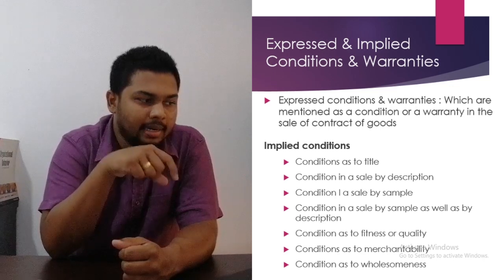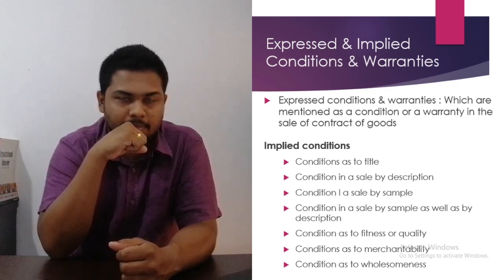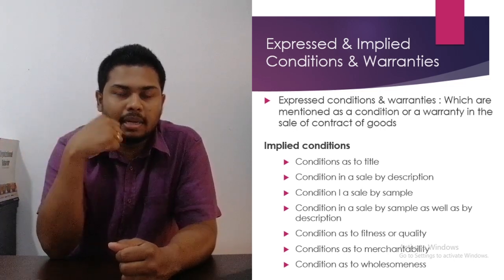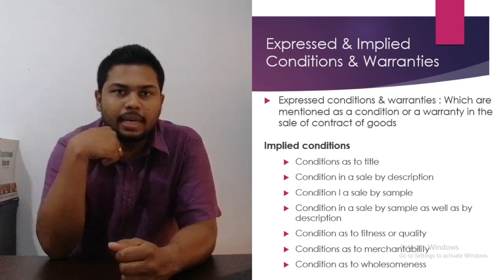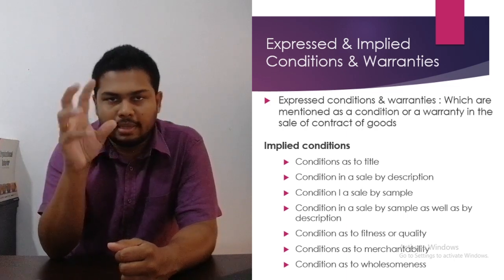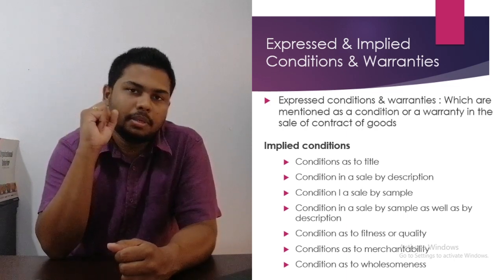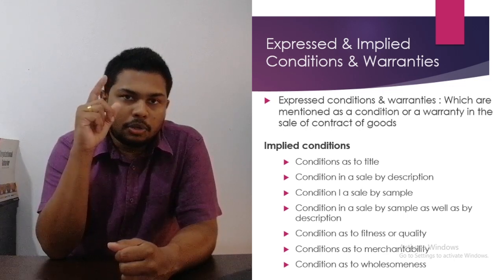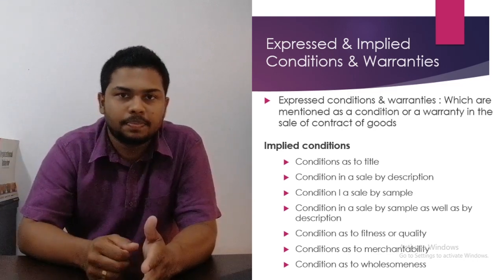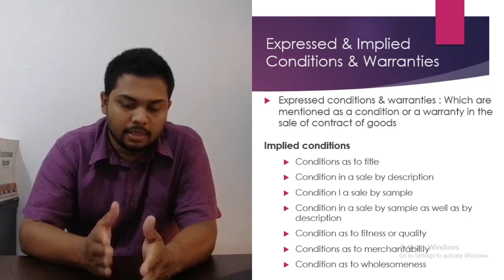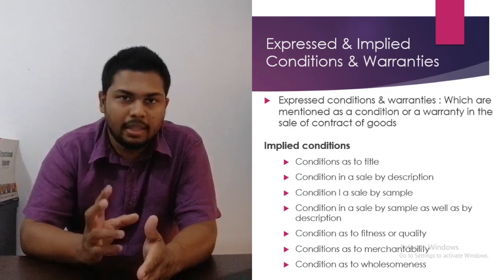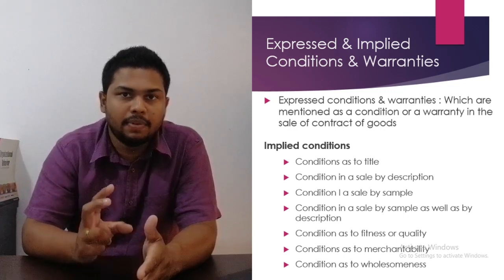Then the next one is condition in a sale by sample. Let's suppose a company or a consumer wants to look at a sample. In a circumstance, you may provide it as the seller. Once you provide the commodity as a sample, a single individual unit, let's suppose the person who wants to buy has placed the order. Once he places the order,